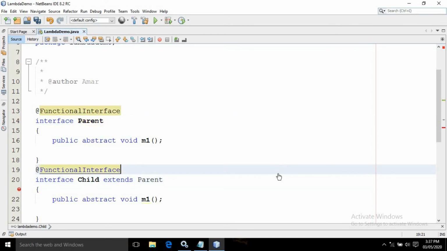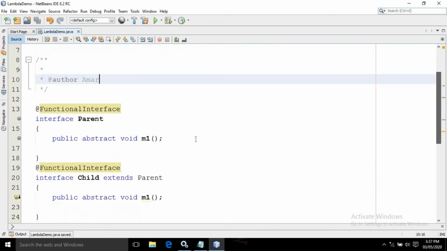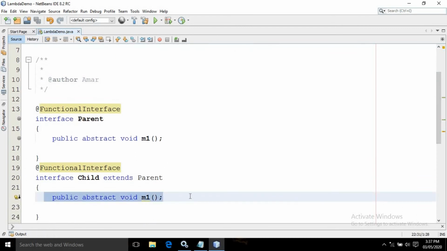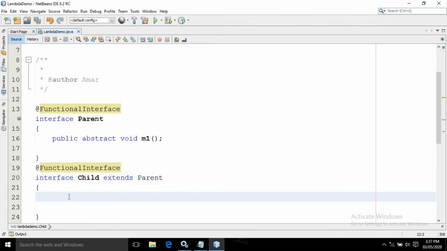The Parent interface contains one abstract method, and the Child interface is extending it. By the rule of inheritance this method is also present in Child, so the Child interface is also a functional interface, and hence the compiler is not generating any error.